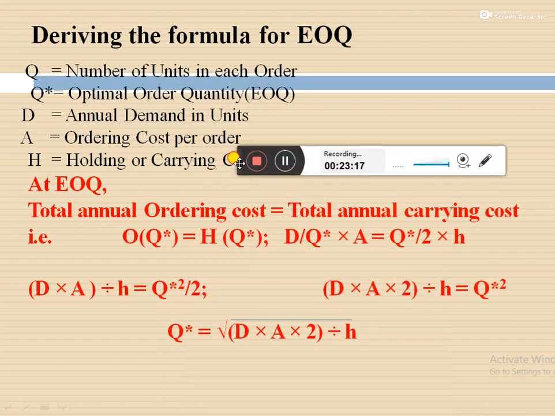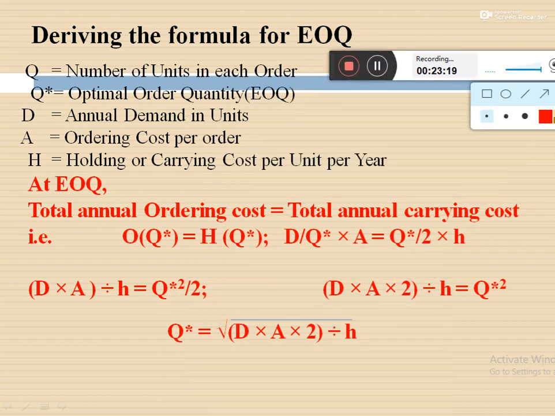The formula for total annual ordering cost is this one, and for holding cost it is this one. By substituting the values, ordering cost would be equal to D by Q star into A, that is total demand divided by optimal order quantity into ordering cost per order, which would be equal to holding cost. The formula for holding cost is Q by 2 into H. Further, if we simplify it, then